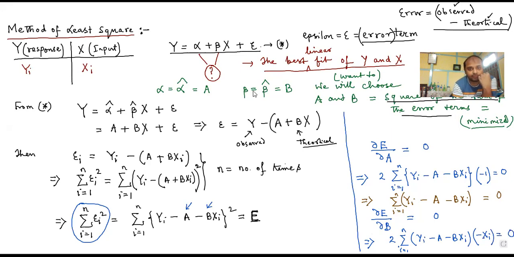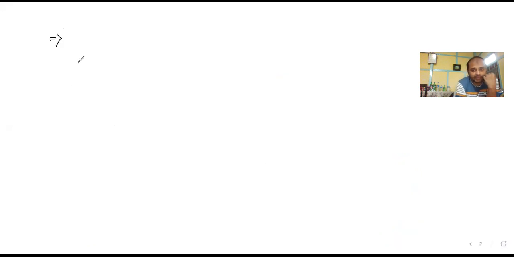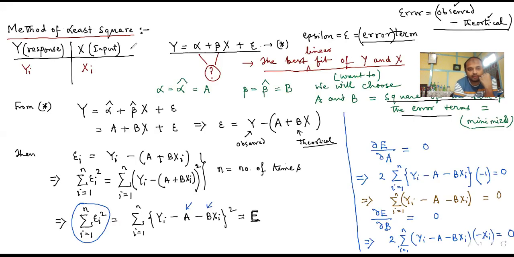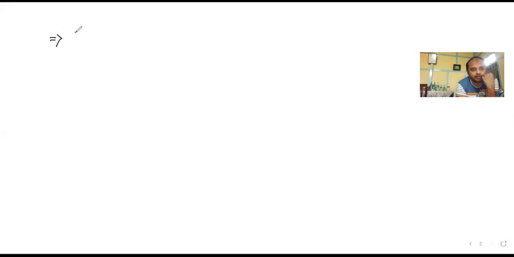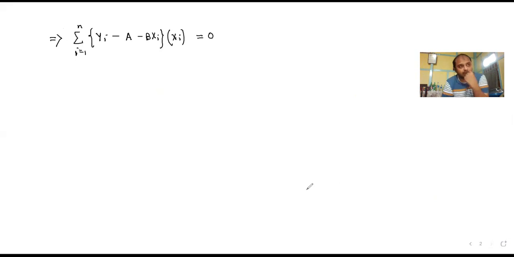And from there, we can write it as: this implies summation i goes from 1 to n of yi minus a minus bxi, multiplied by xi, is equal to 0. So after taking the partial derivatives of the error term, we are getting these two expressions. By further simplifying the equations,